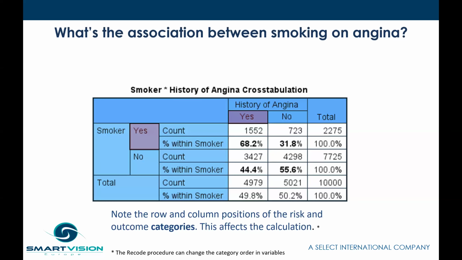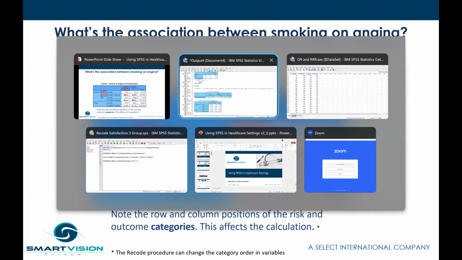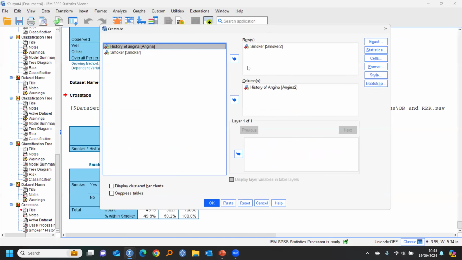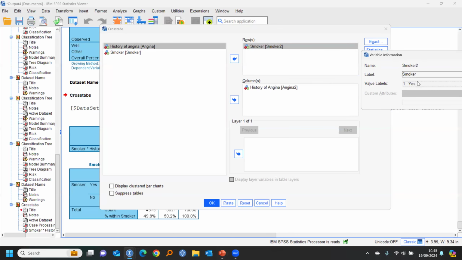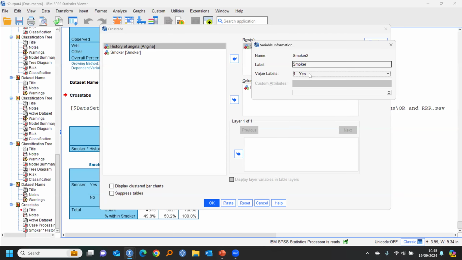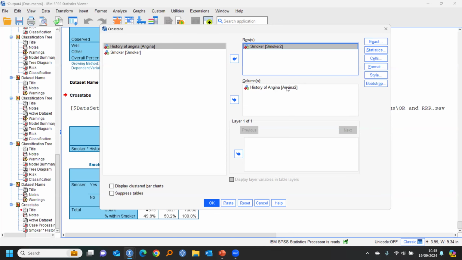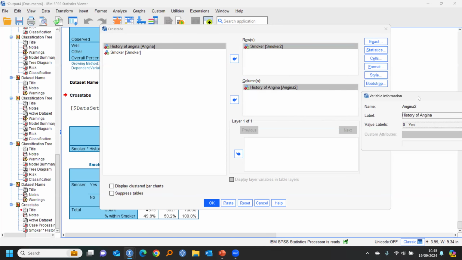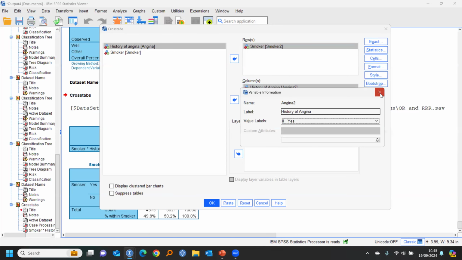So I've run recode to make sure the first value occurs in that, and you can see that when I go to crosstabs here and right click on these, you can see that yes is the first value that appears,